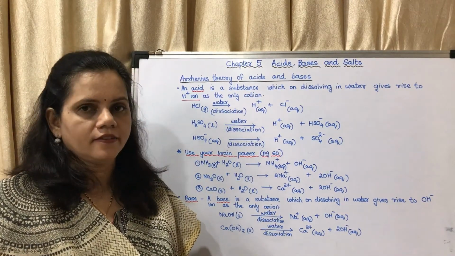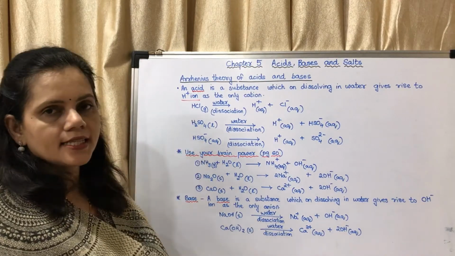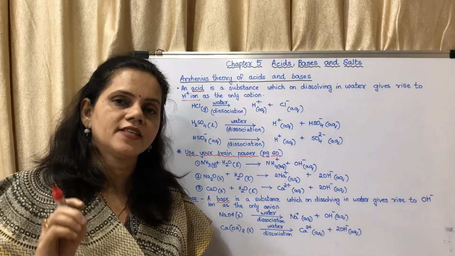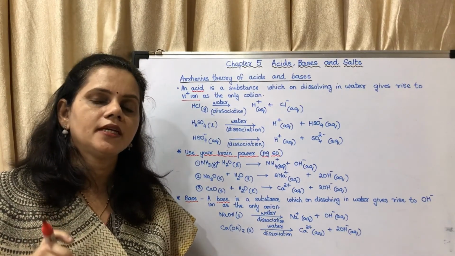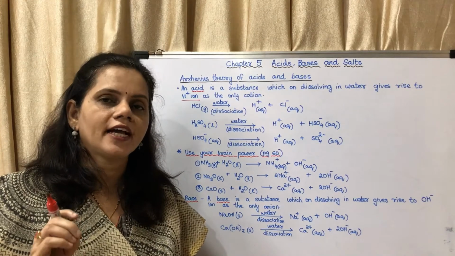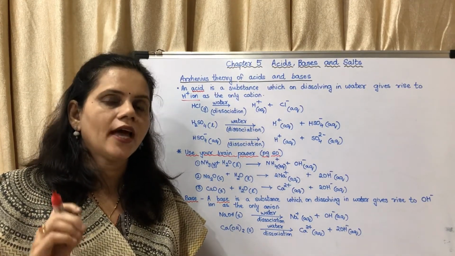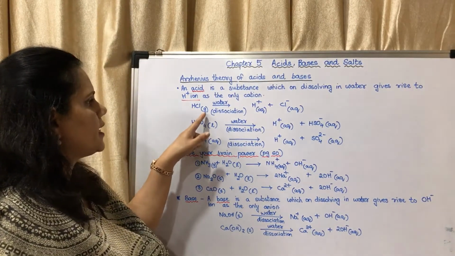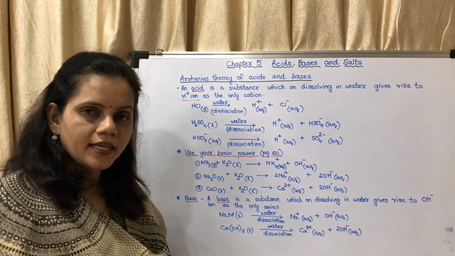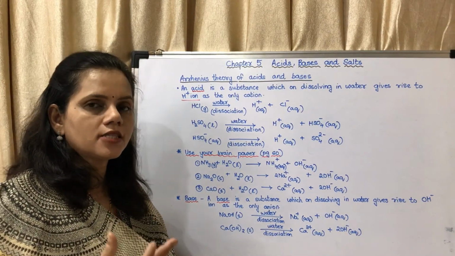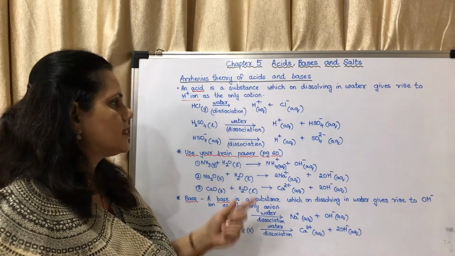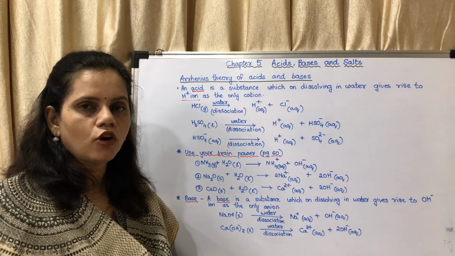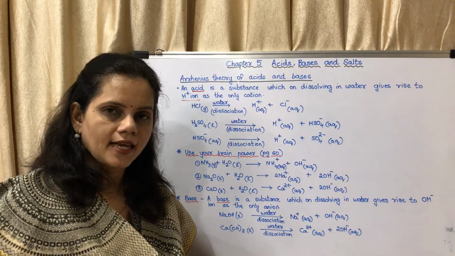Cations are positive. Here you may see HCl. It is in the form of a gas. Whatever has been given in brackets is the physical state of that compound. G means gas, AQ means aqueous, that means in water, and L means liquid. So HCl gas, when you pass it through water, will dissociate, the ions will separate to form H plus ions in water and Cl minus ions in water. That is when it acts as an acid.